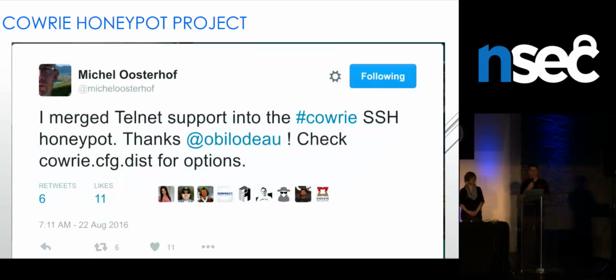So in August last year, Cowrie is now used to do all of this IoT tracking because of our telnet support that we pushed a few months ago, which is kind of cool to see, with all of the Mirai botnet people tracking it. It was because of our support in Cowrie that they were able to do that. I should have jumped on that Mirai bandwagon earlier, but I was busy with other projects, unfortunately.